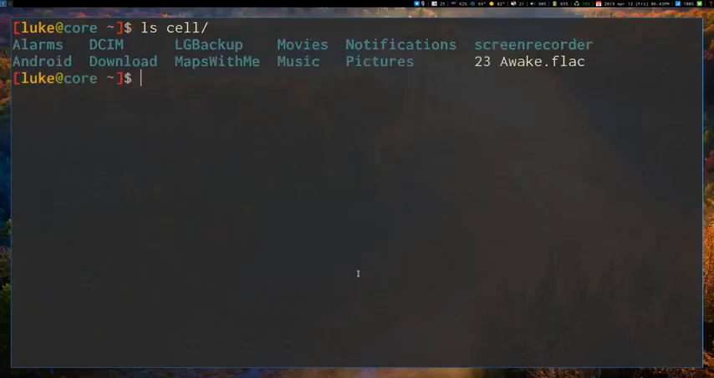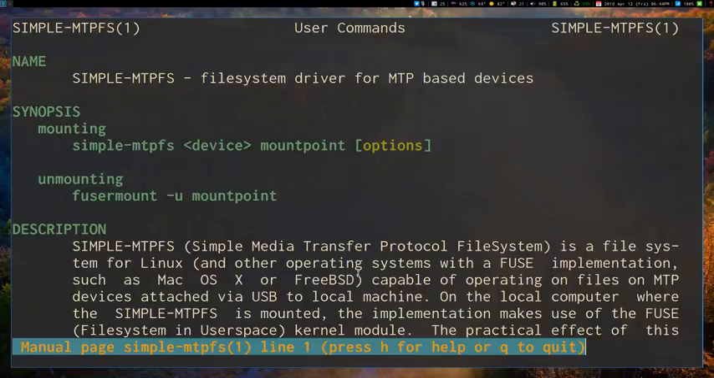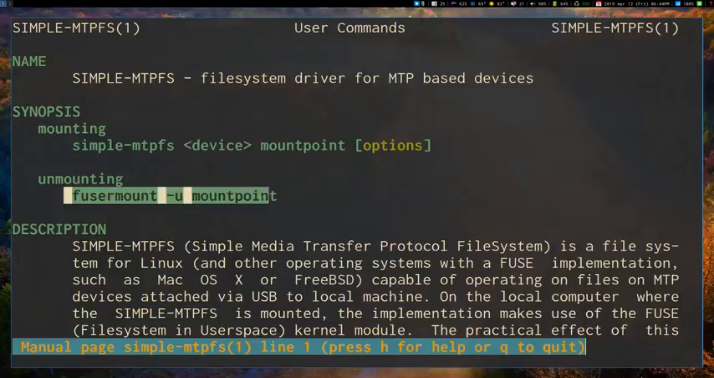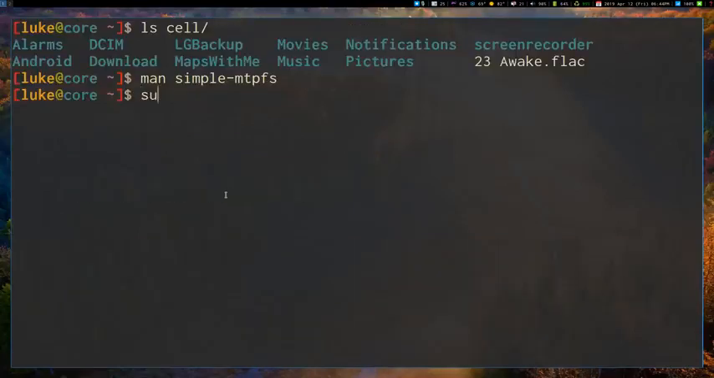So anyway, how do you unmount stuff? If you check the manual for simple-mtpfs, it actually recommends using fusermount -u to unmount devices. Now you can unmount them with sudo umount in the same way that you unmount a USB drive, but I don't think you'll need root permissions to use fusermount. So you can just run fusermount, again, on the cell directory,